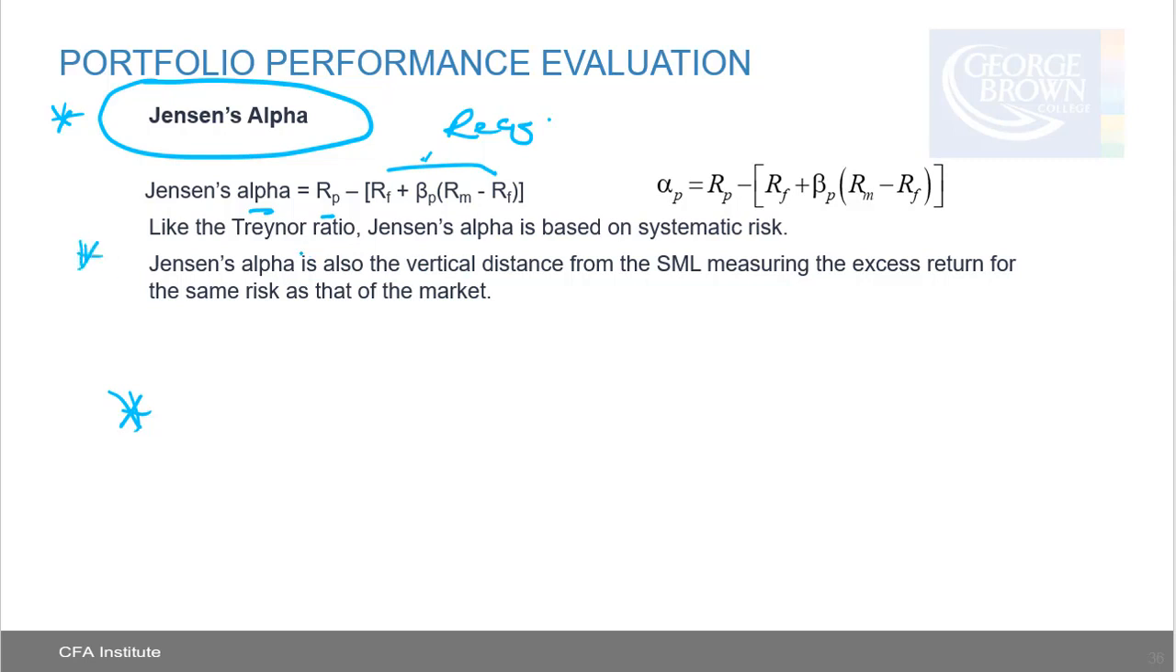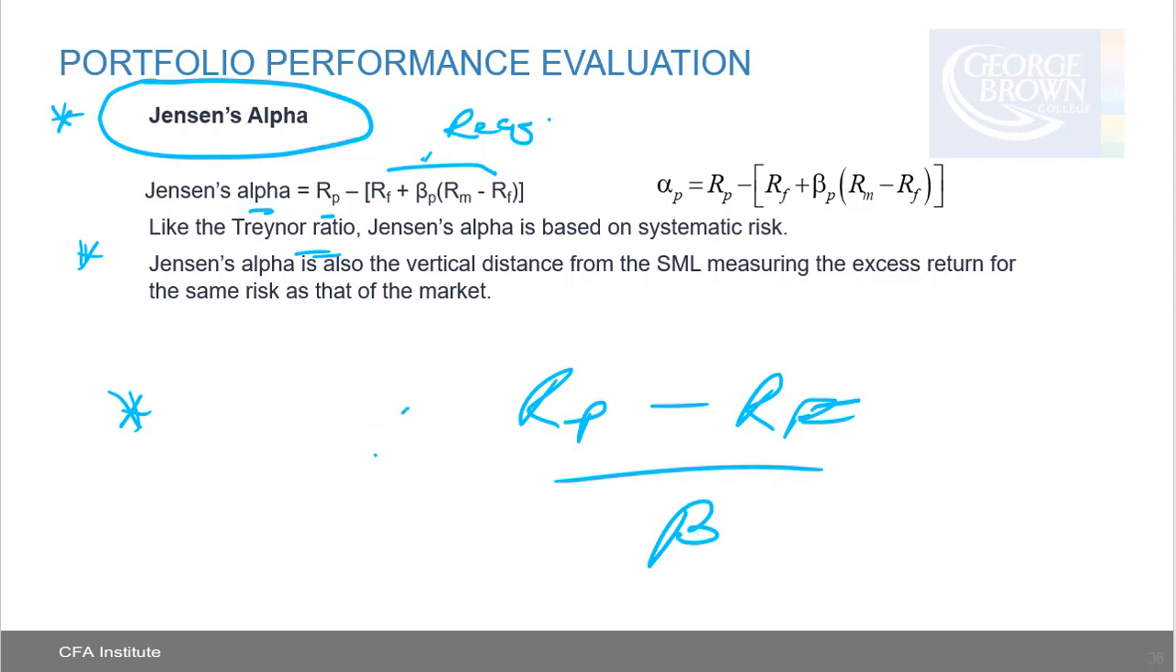And you can see here, like the Treynor ratio, remember the Treynor ratio is return to the portfolio minus the risk-free divided by the beta, okay? That was the Treynor. So the beta, that's the systematic risk, and here you're also getting it in Jensen's alpha. So like the Treynor ratio, Jensen's alpha is based on systematic risk. Jensen's alpha is also the vertical distance from the security market line, measuring the excess return for the same risk as that of the market. Okay, this is a nice to know, not a need to know,